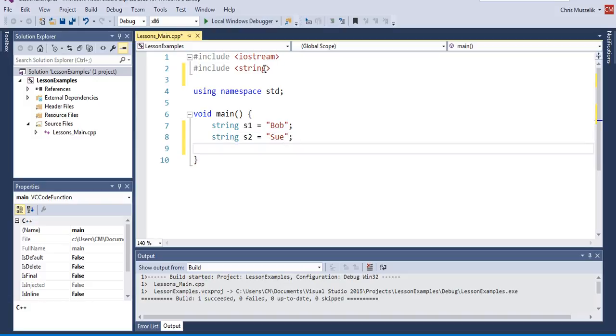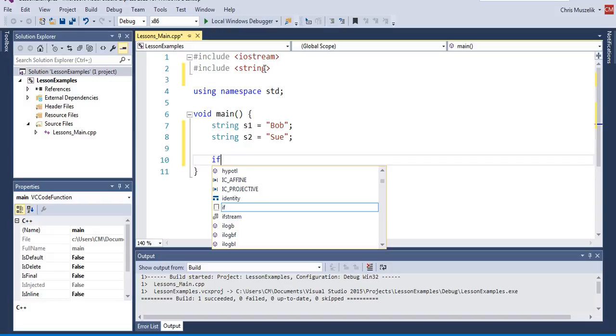Now we can use the relational operators to do comparison. We can test whether S1 is equivalent to S2, or whether S1 is less than S2, meaning does it come before S2 alphabetically, or what they call lexicographically. We can also check if two strings are not equal to one another. So we can do those types of things. Let's do a quick example here. Let's say I want to do an if,